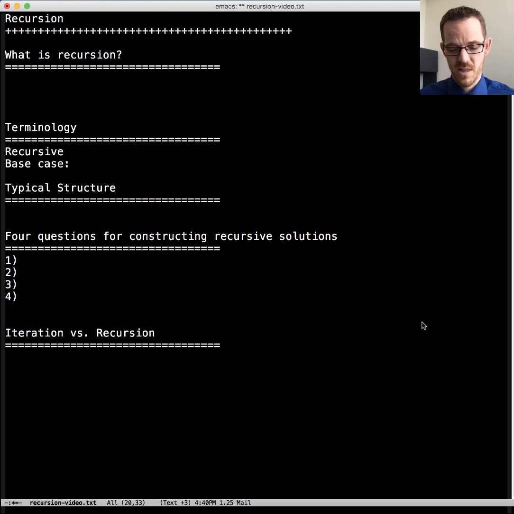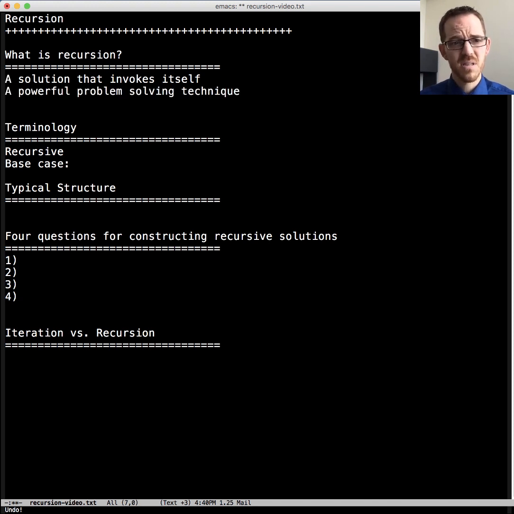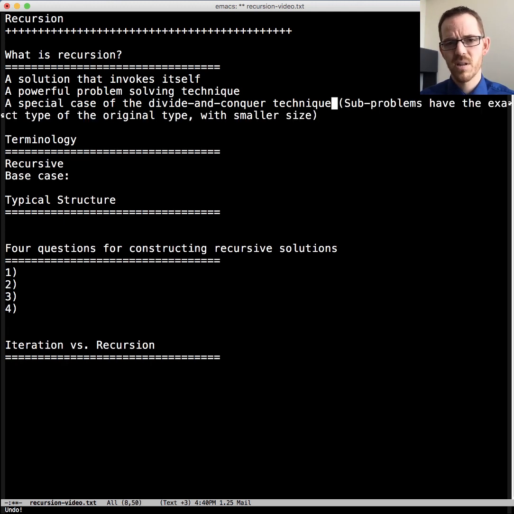Let's start off with what is recursion. So basically said, recursion is a solution that invokes itself. Now that might be a little vague. Let's dive into it more. It's a powerful problem-solving technique, and it's a special case of a divide and conquer technique where the subproblem has the exact type of the original problem, but with